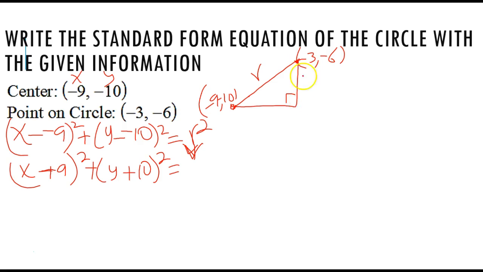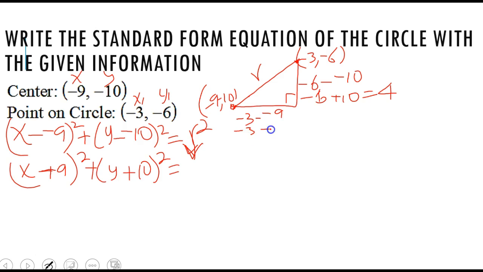And here we have the change in y. Mark that this is your y, this is your x. We can name this x1 and y1. Since we already have this one as x, y, we then have y1, the top minus the bottom. So it's -6 minus -10, which is -6 plus 10, which is 4. And then the change in x, which is -3 minus -9, which is -3 plus 9,